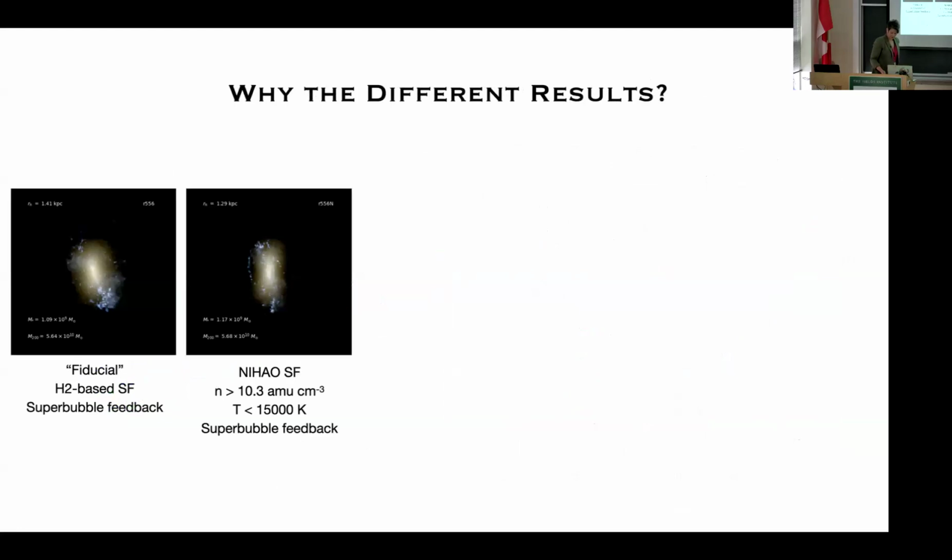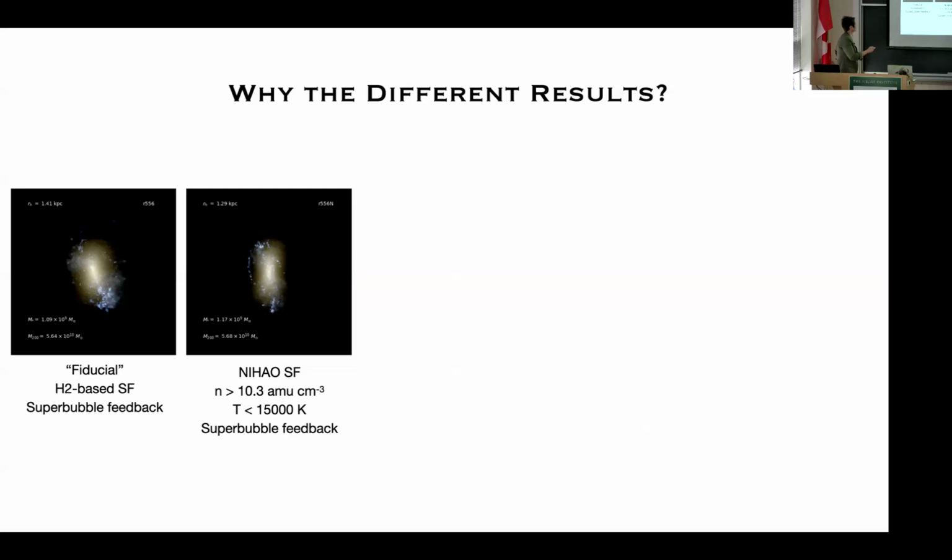Now, the fun part about this is trying to figure out, why are we different than other simulations? And the fun thing is that NIHAO, I always say NIHAO are like our cousins, because they're run with Gasoline. I run with ChaNGa. Gasoline is just an older version of ChaNGa. It has all the same hydrodynamics in it. I should be able to reproduce the NIHAO simulations. And so this has been a fun little test. I'm going to show you a series of results for one galaxy, the same galaxy. I'm going to run it over and over again, and I'm just going to change one thing at a time.